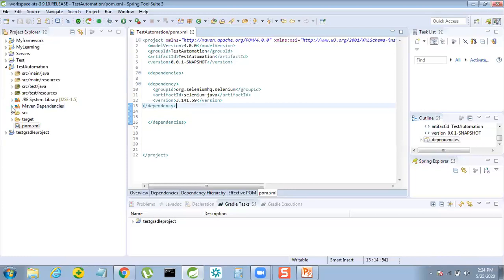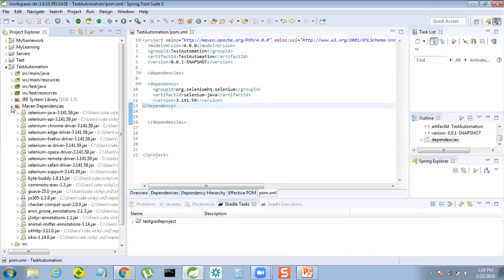If you expand that, you will see all the Selenium jars. Okay, so these are all the Selenium related ones. So Selenium Java, Selenium API, Chrome driver, Edge driver, Firefox driver, IE, Opera, and so on. Everything is related to Selenium jars. So this is how you add the Selenium dependencies.